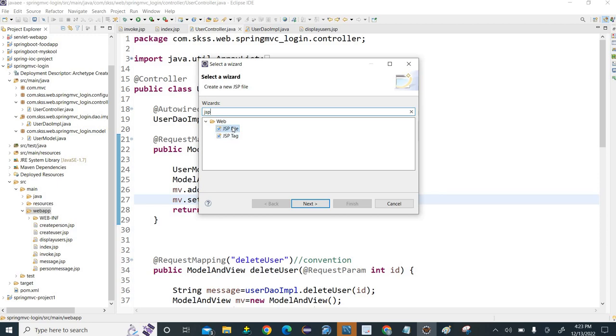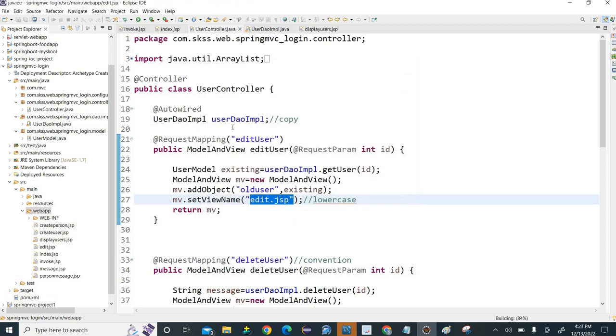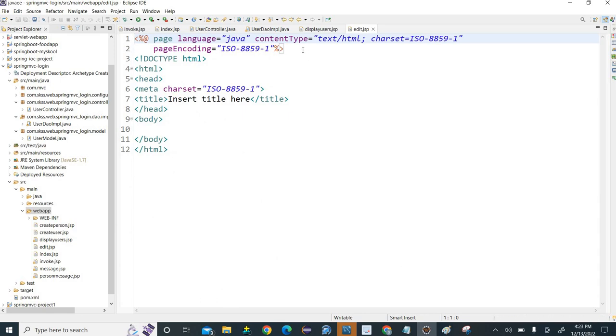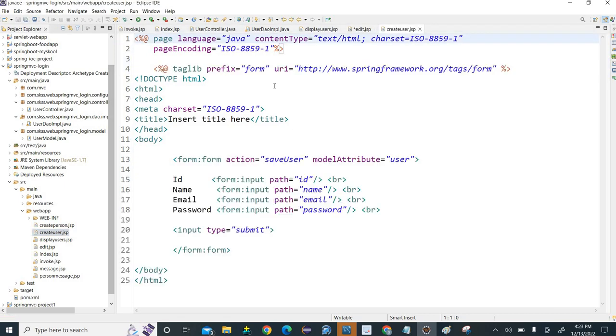Edit. Okay, edit JSP file is created. Now as usual we have to take the MVC form tag. So for that I am going to create user JSP. Create user JSP. I am copying the entire form tag,